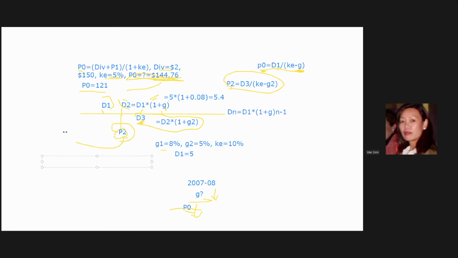Okay, let's do one more time. So P0 equal to $2 dividend, assuming not changed, and then 0.1, 10% required rate. I typo this wrong. So 5% growth rate the first time. Second time, 2 divided by 0.1 minus 0.04 because growth dropped. So this one equal to 2 divided by 0.06. The other one equal to 2 divided by 0.05.